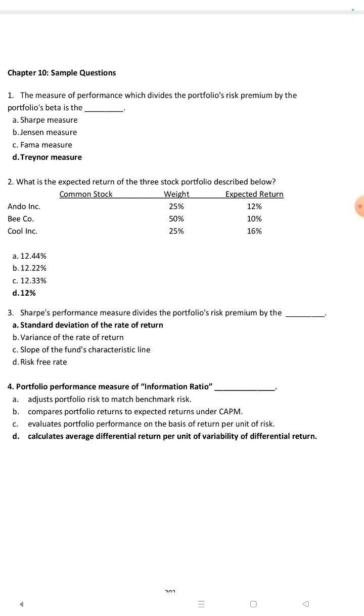The measure of performance which divides the portfolio's risk premium by the portfolio's beta is Treynor. What is the expected return of the stock portfolio described below? Sharpe performance measure divides the portfolio risk premium by the standard deviation of the rate of return. Portfolio performance measures